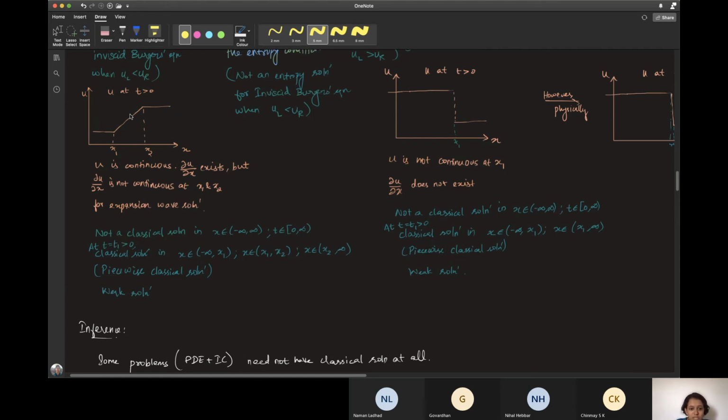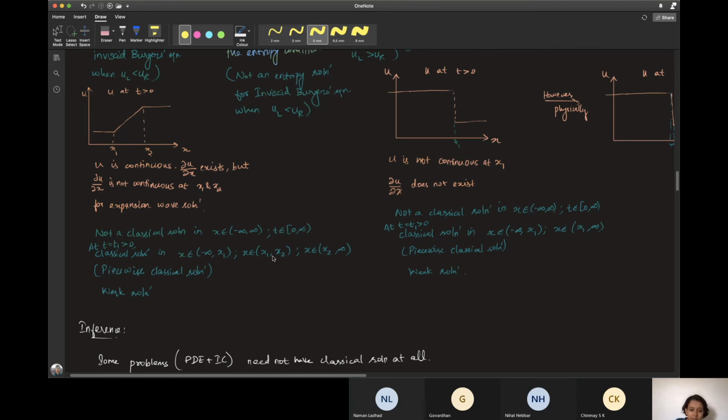So the slope will be changing over time. You fix some time and then you fix some picture. That is, you have one specific slope, and with respect to that picture, you can write these limits. That is, you can separate x belonging to minus infinity to x1, x belonging to x1 to x2, and x belonging to x2 to infinity. So this x1 and x2 will keep changing over time. That is why we need to fix some t1.